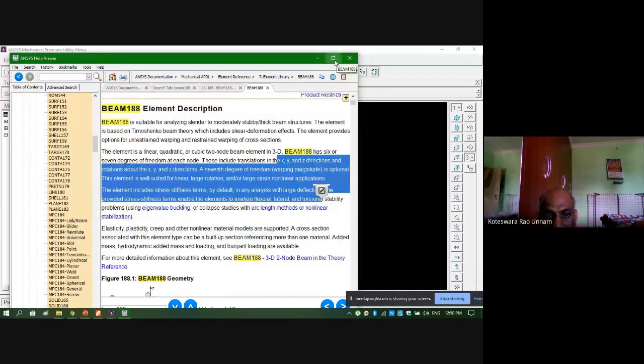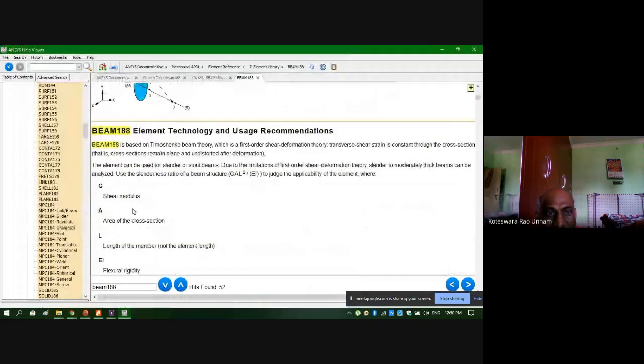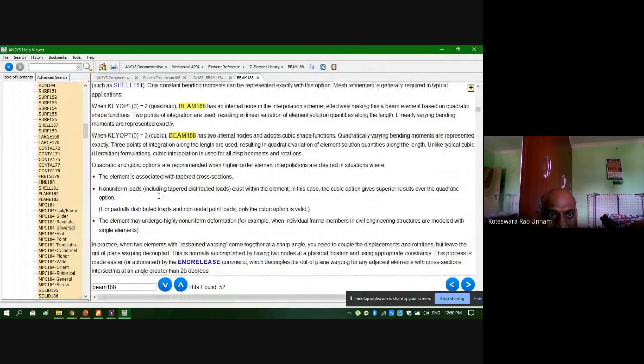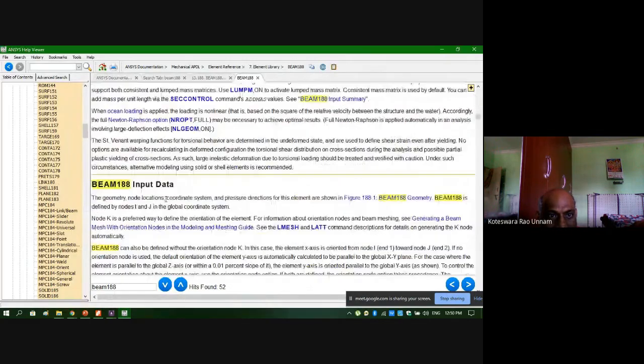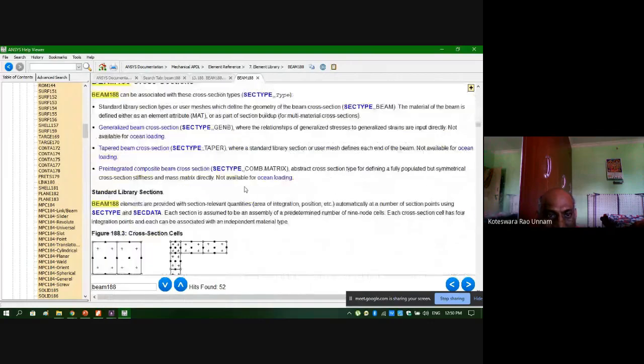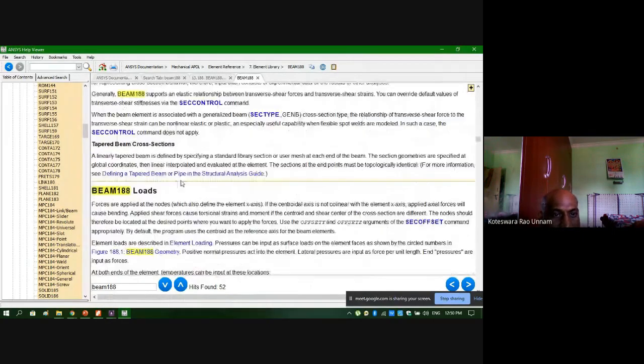And not only that, coming to the downside here, there are element options and input data, cross sections, what type of sections it can support, everything is there for beam 188.